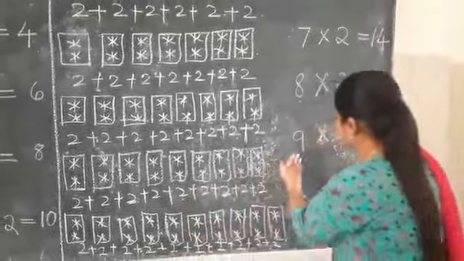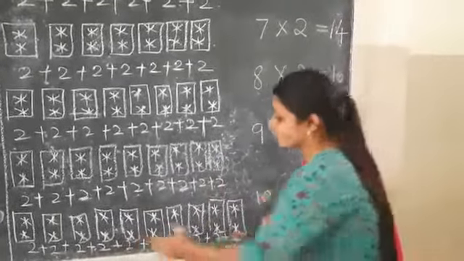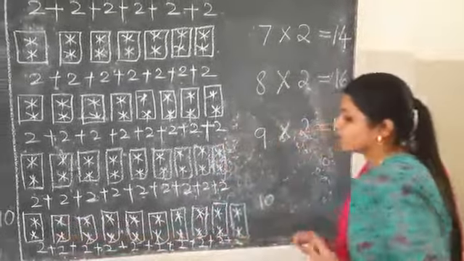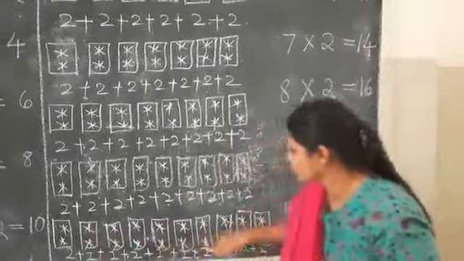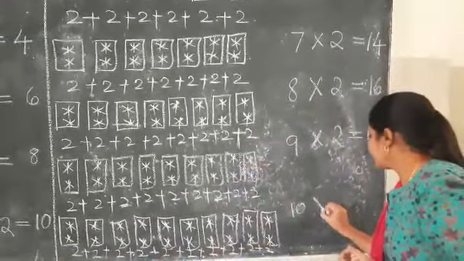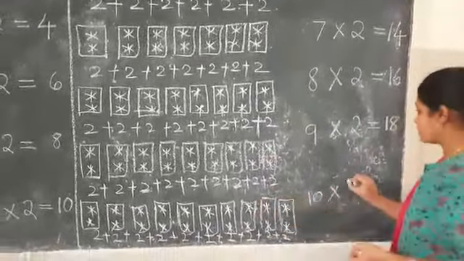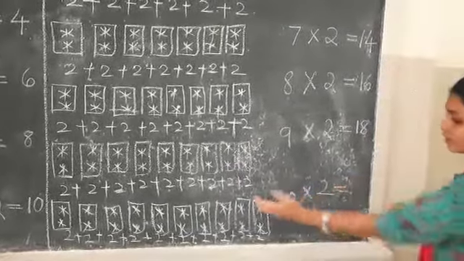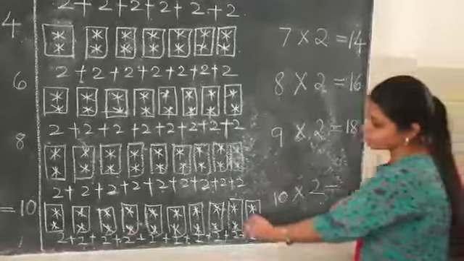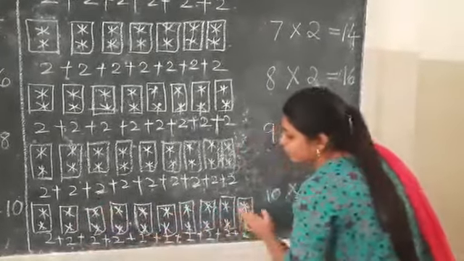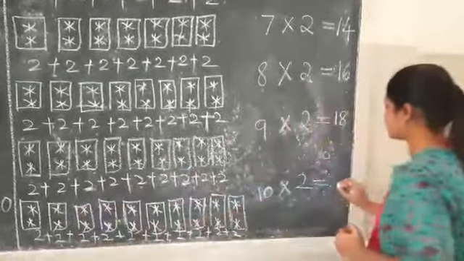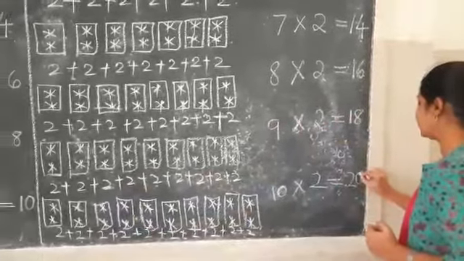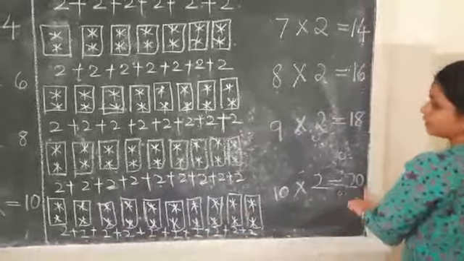Next comes 10 after 9. So 10 groups of stars. In each group you have 2 stars. So 10 into 2, so the number of stars is 2. Write it as 2. Put the is equal to sign. That is 10 2 times is 20. All together when you count this, here we have 20 stars. Write it as 20. So 10 2's are 20.